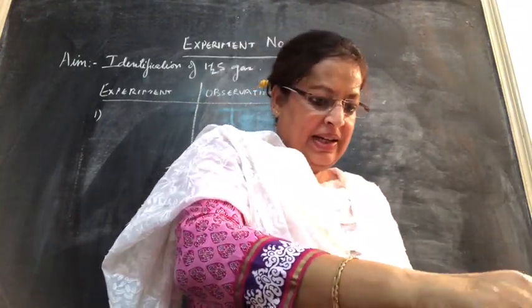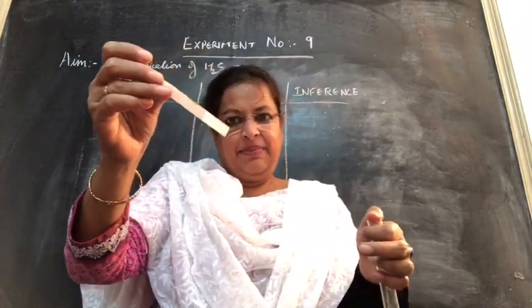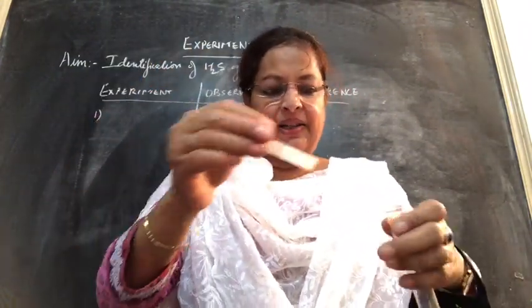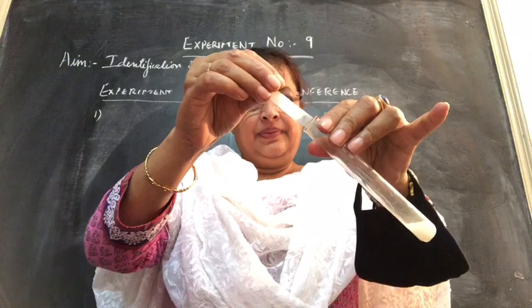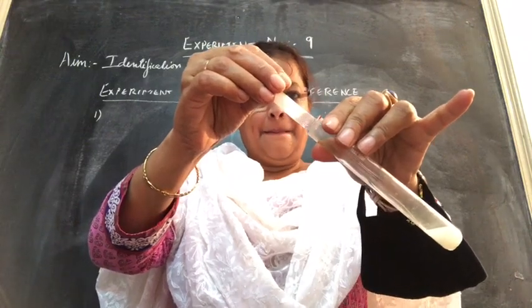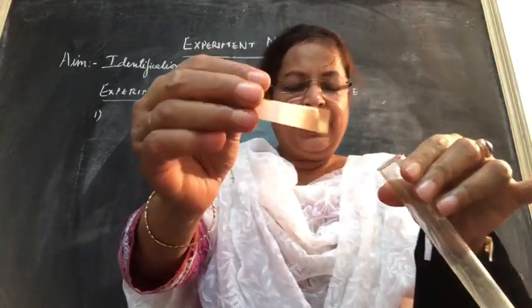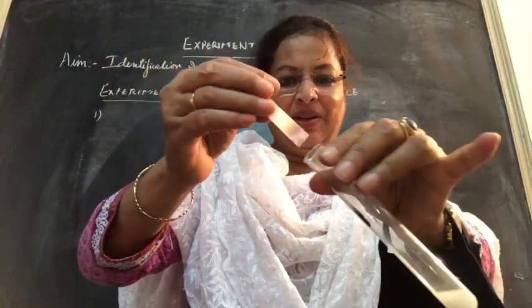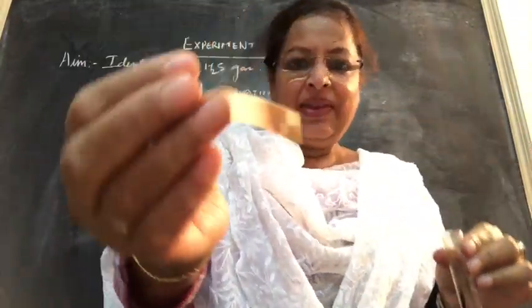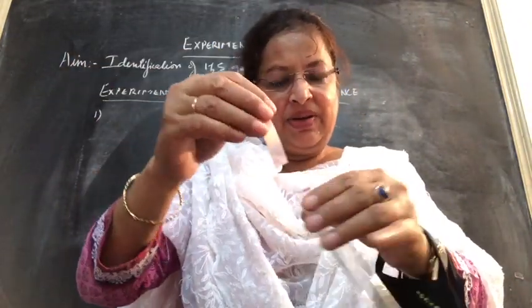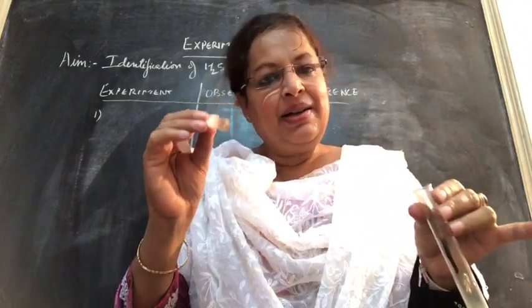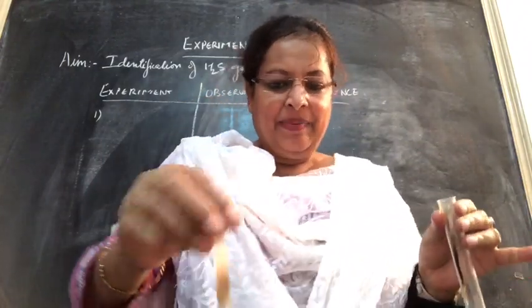So this is lead acetate paper. In H2S, it turns silvery black. This is a confirmatory test, children. It is turning silvery black. This is a confirmatory test for H2S gas. There is a silvery touch and it is black in color. So this is a confirmatory test. Lead acetate paper turns silvery black, right?